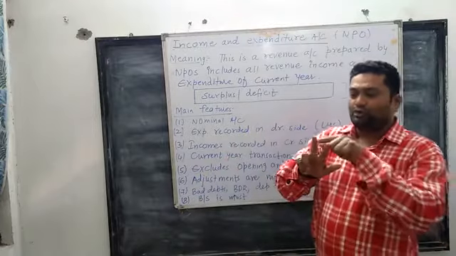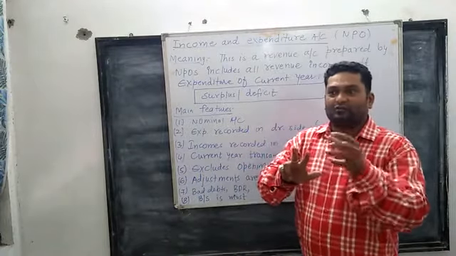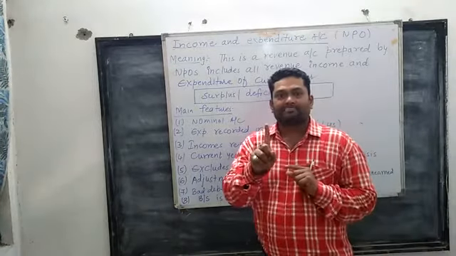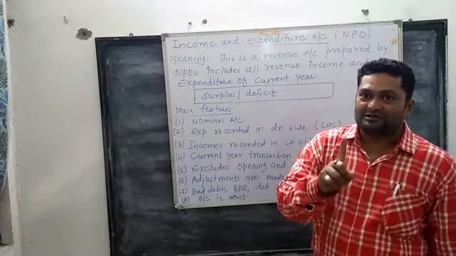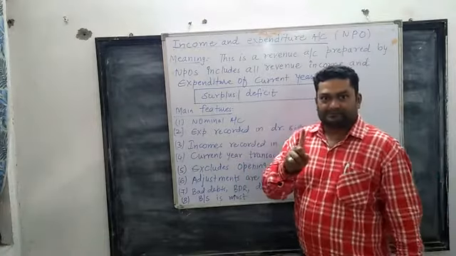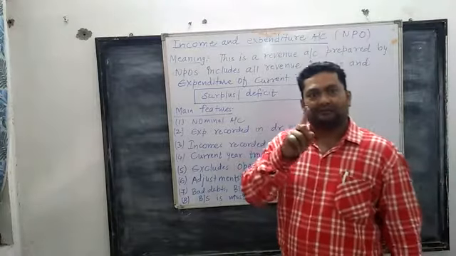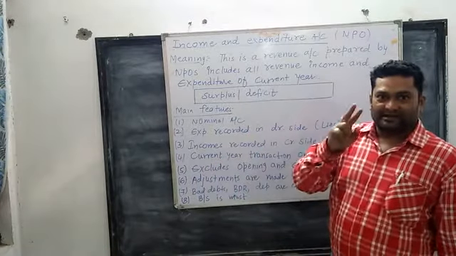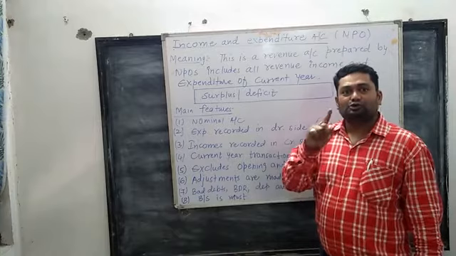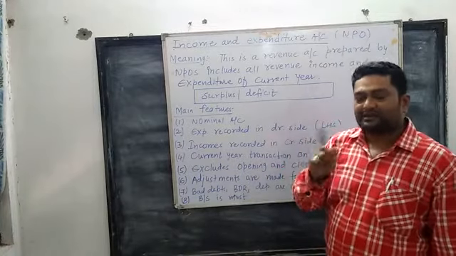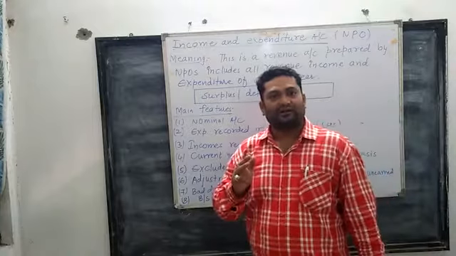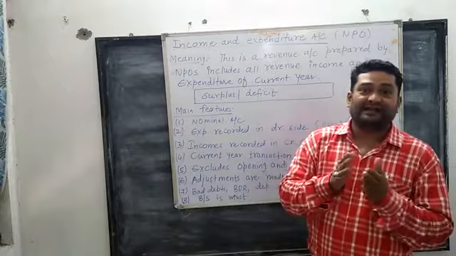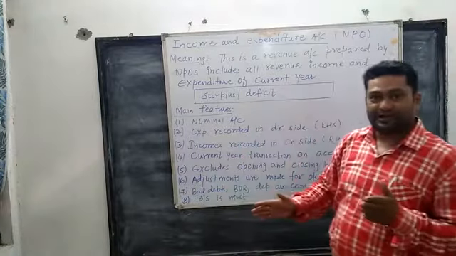Okay, so the most important things which we can conclude out of this definition are, first, income and expenditure account is likewise a PL account for a trading concern. Second, it includes only those transactions which are on the accrual basis. And third and most important, it records only the transactions of the current year, not for the previous year and not for the next year. Okay?